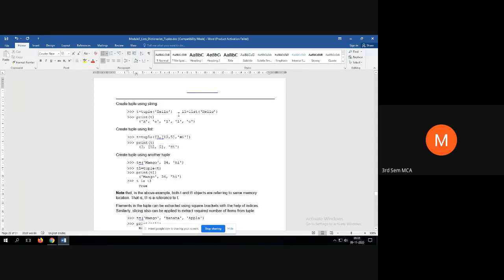Now what happens? There's a comment symbol, hash represents a comment. Here also it will create H, E, L, L, O.